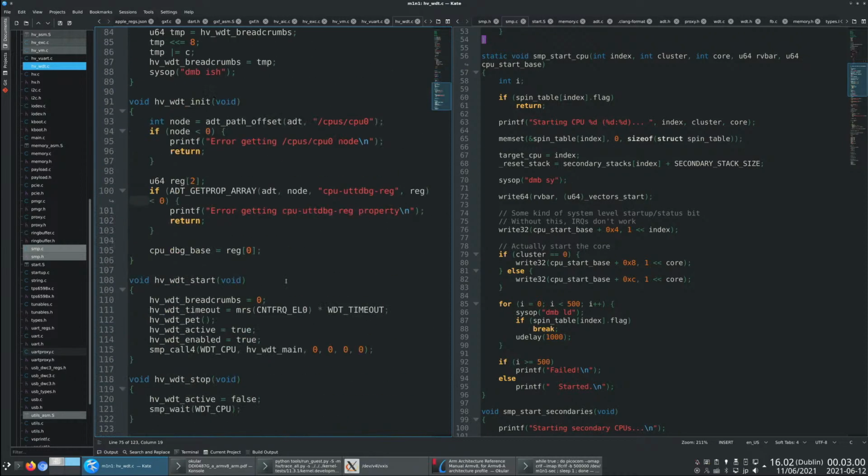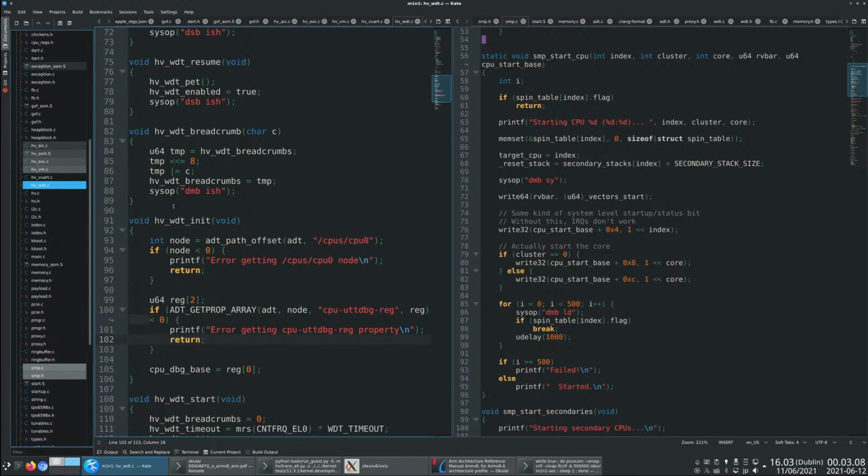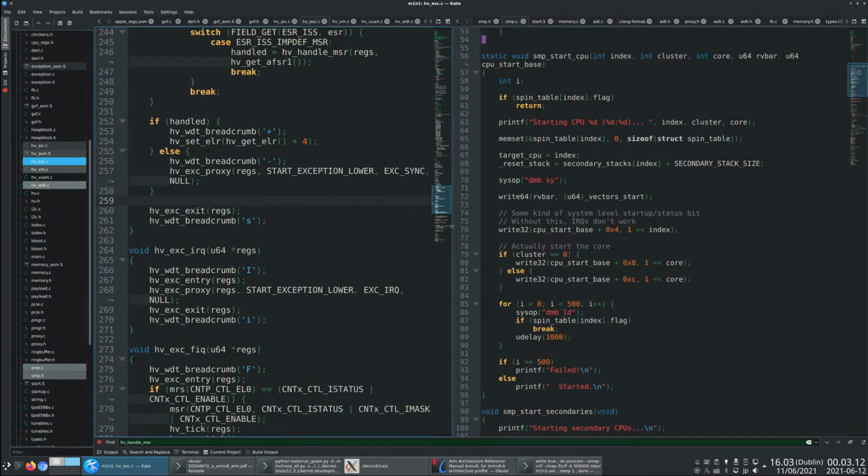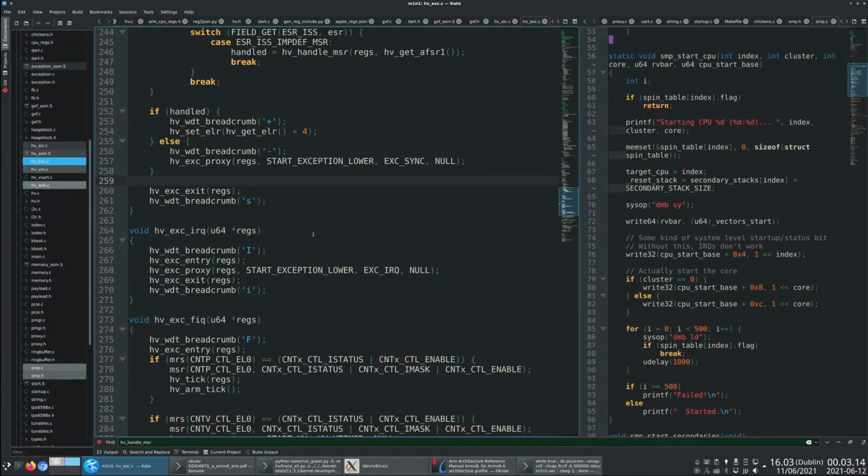And yeah, that's really all there is to it here. And there's a stop thing to kill it if you really want to kill the hypervisor. So I should mention interrupt handling, because that's where the timer stuff is. So if I go back to the hypervisor main code,